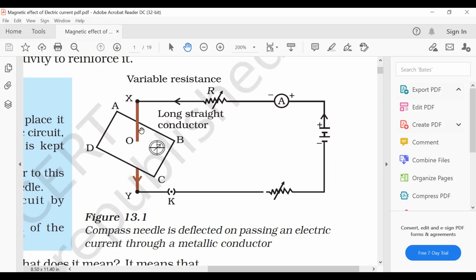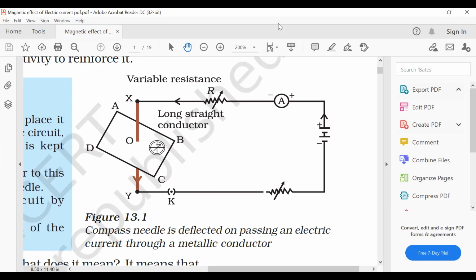And here the brown color, whatever we can see here in brown color, is called a copper wire. I can consider it a conductor, right? And this K symbol represents the plug key. What is the function of the plug key? The plug key acts as a switch, right? It allows the current to flow into the circuit. If the plug key is open, I can say that there is no flow of current inside the circuit, right? Now if the plug key is on, I mean the switch is on,